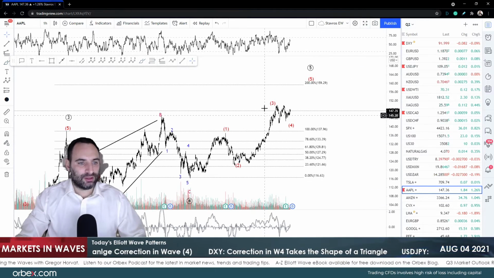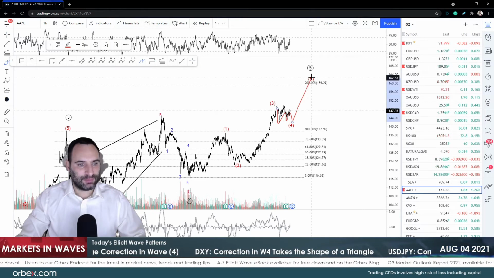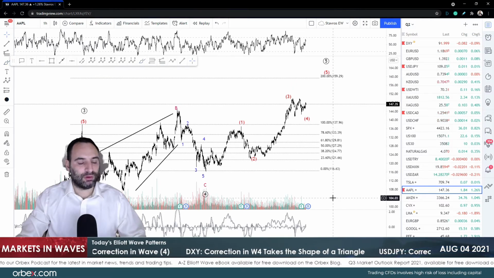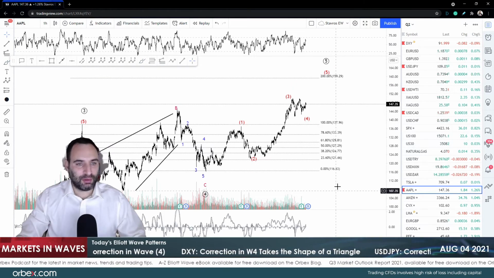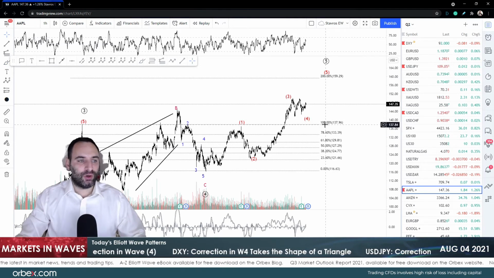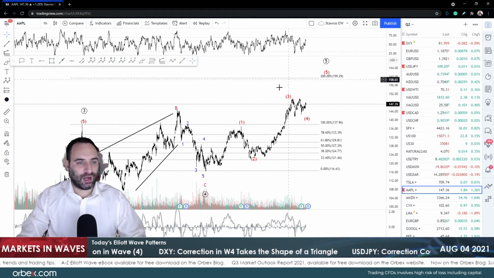We've done wave 1 and 2, 3, and it looks like we're going to go for a triangle in 4, again with a triangle A, B, C, D, E, and then continue all the way up. Now, as you can see, as a general rule of thumb, or let me just say again, a guideline, we have wave 4 being on top of wave 5 in order to calculate a potential projection. And that brings me to 159 for Apple, guys, okay?